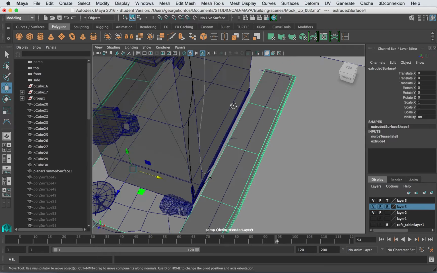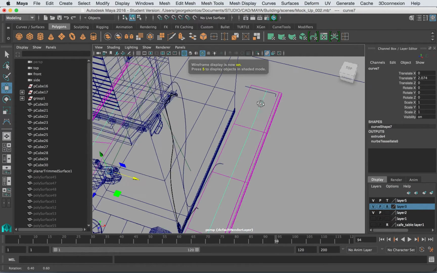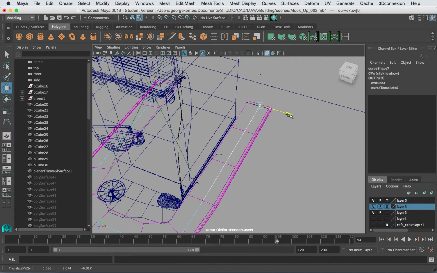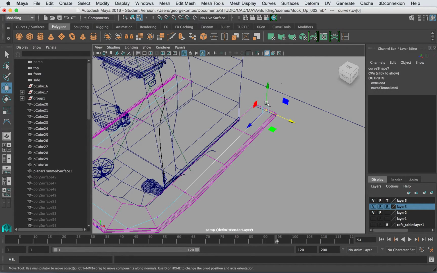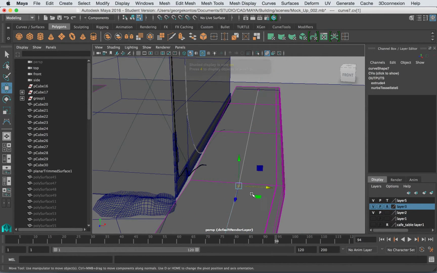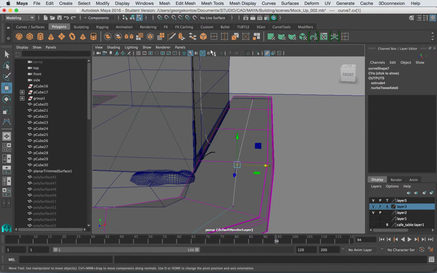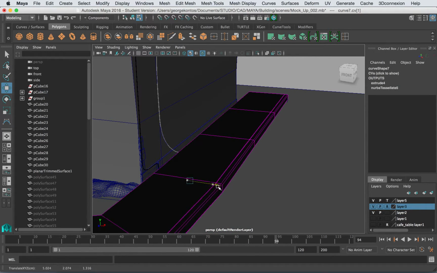Now, if I want to shape this, I would have to go and select the path, go to the control vertex of the path, and start moving it until it hits that building here. I have a couple of points here, so I can turn on. So you can see here, I want to just